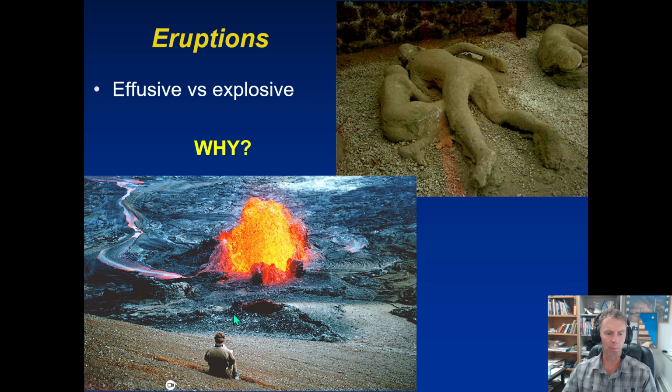So you can see in this bottom photo here, we've got a person just sitting there, maybe making a sketch, maybe taking field notes, maybe eating a sandwich for all I know. And they're literally 100 meters or yards or so from an active vent, a volcanic vent at the surface. And yet, knowing what I know about volcanoes, that looks like a perfectly safe location for the most part, unless conditions change. That looks like a sustainable situation. I'm guessing with some degree of certainty that this person walked away from this exact moment in time and lived